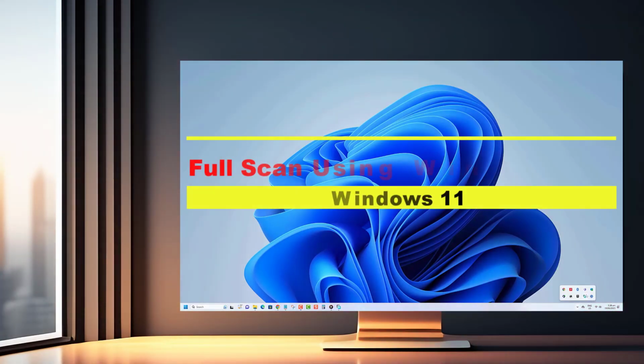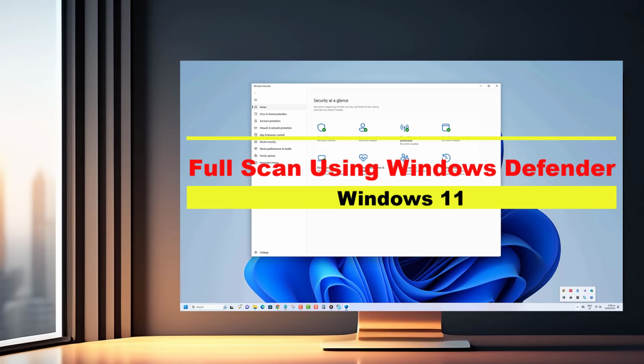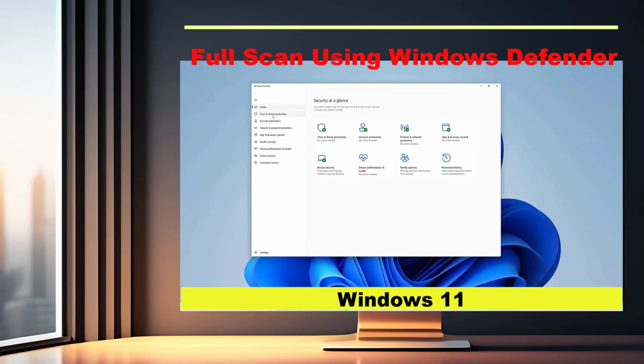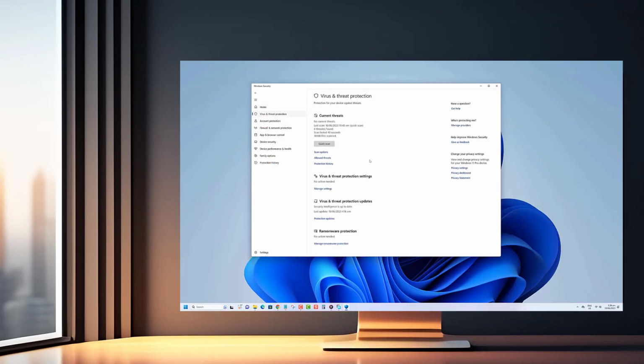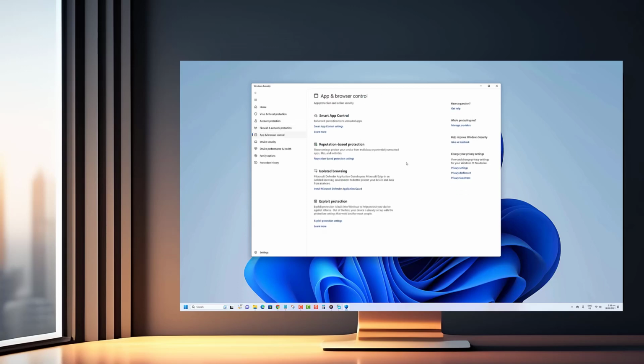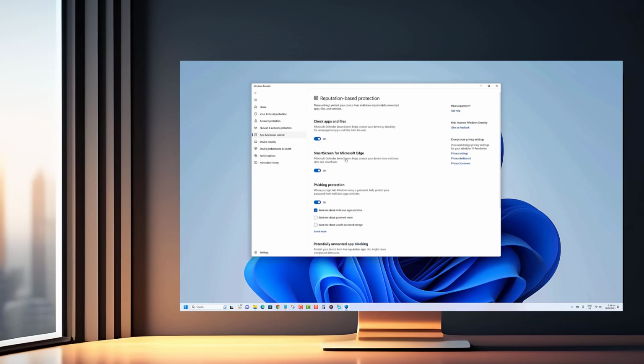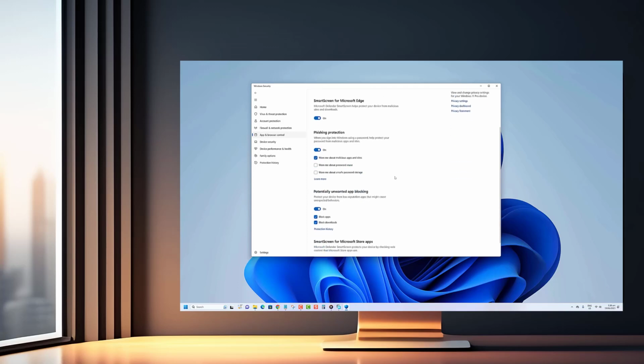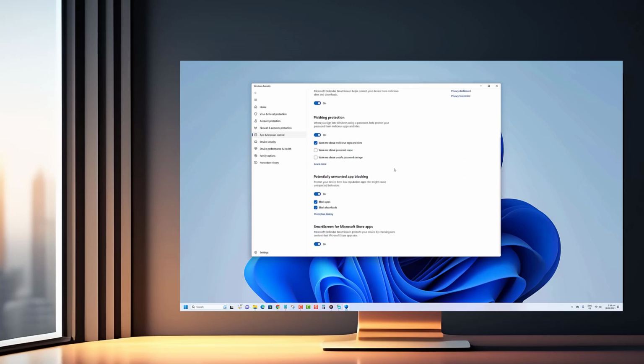Hello there, Windows enthusiasts. In today's video, we're diving into the world of Windows 11 security. In this tutorial, we'll guide you through the process of running a comprehensive full scan, ensuring that your system remains free from malware and other potential threats. By running a full scan, you'll gain peace of mind, knowing that your Windows 11 device is safeguarded against any